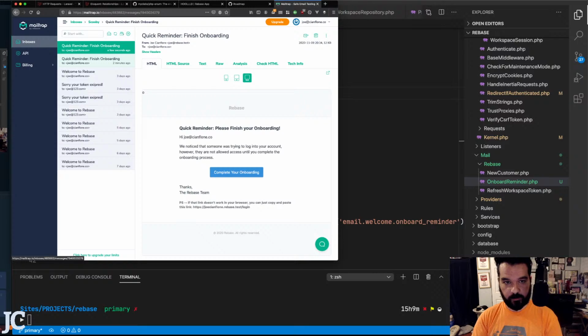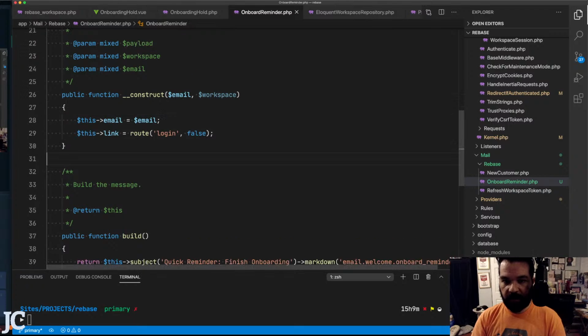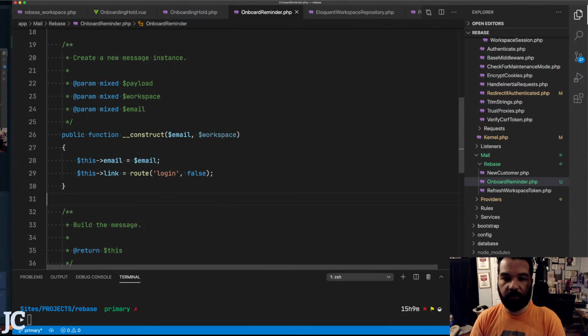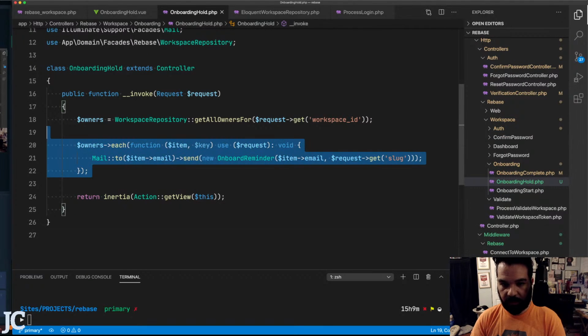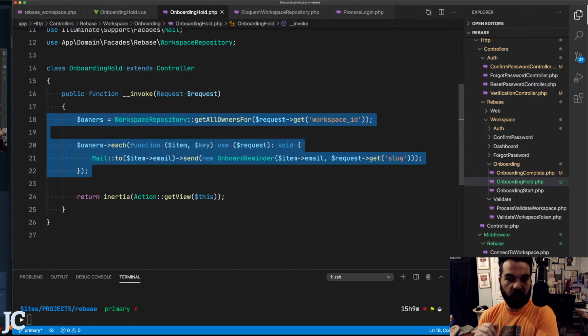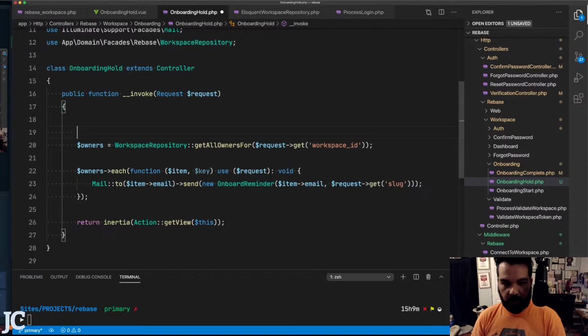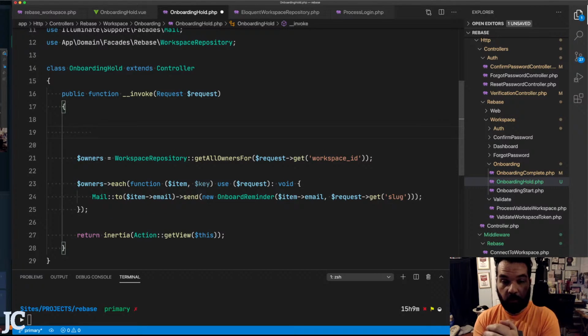So now we have a quick reminder email that goes out. So, hey, you didn't finish your stuff. Go finish your onboarding. The idea of emailing all of your owners is now a thing that we are seeing is a real thing. So, okay, this basically needs to become an event where we say do something. But how do I want this to work? I'm trying to think about how I want to use this event, because